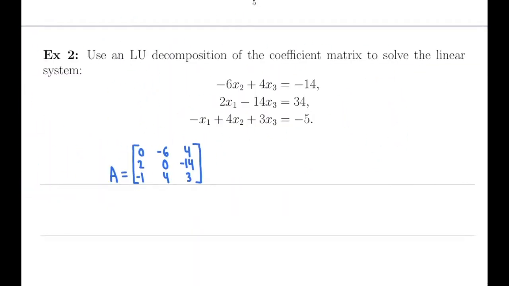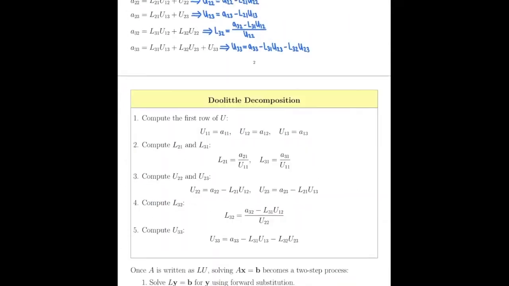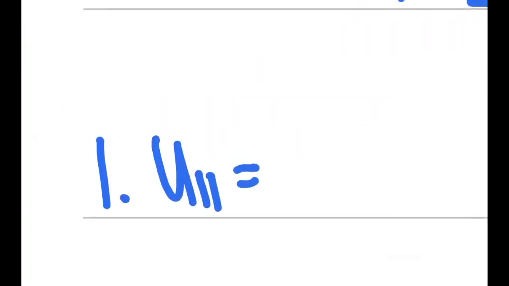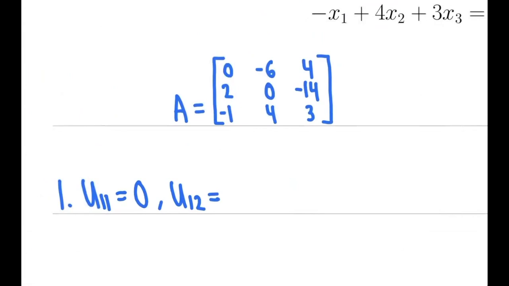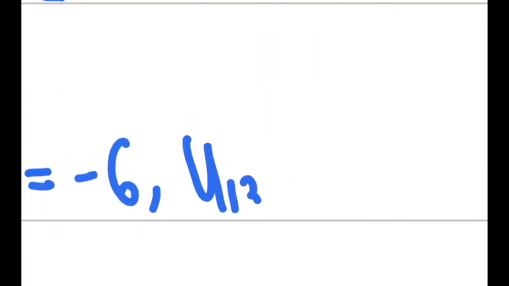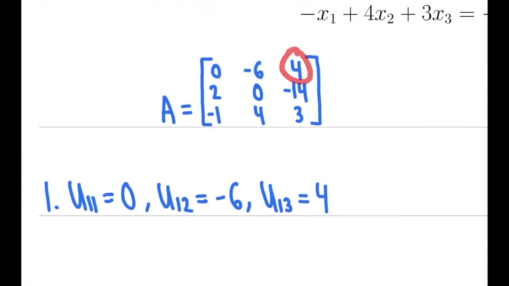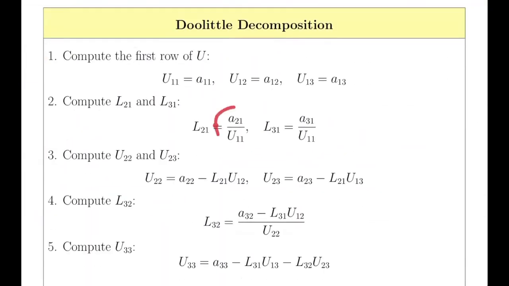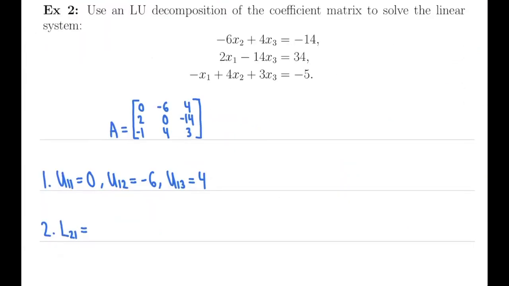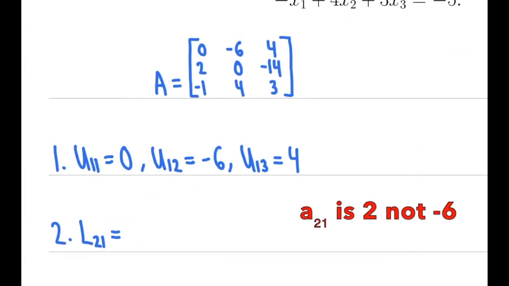Perfect. Let's use those formulas again from this table here. For the first row of U, we know U11 is just A11, which is 0. U12 is -6. It's just A12. And U13 is 4. It's just A13. And then for the second part, we need to find L21. So remember, if we go back to our formulas, L21 is just A21 divided by U11. So if you do A21, that's just -6, divided by